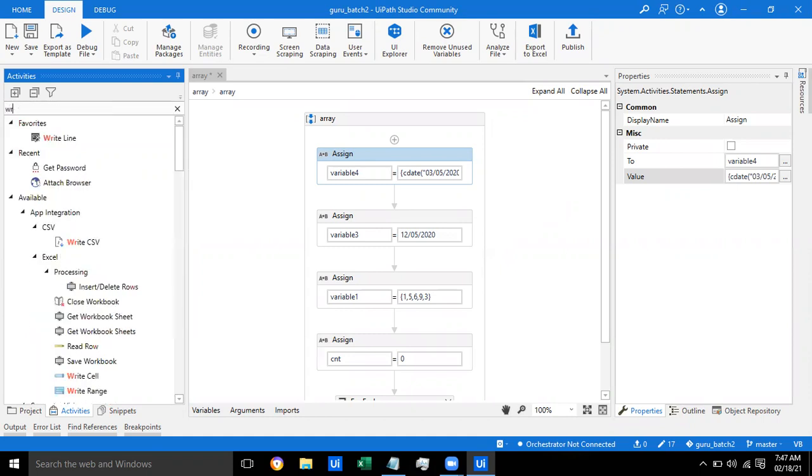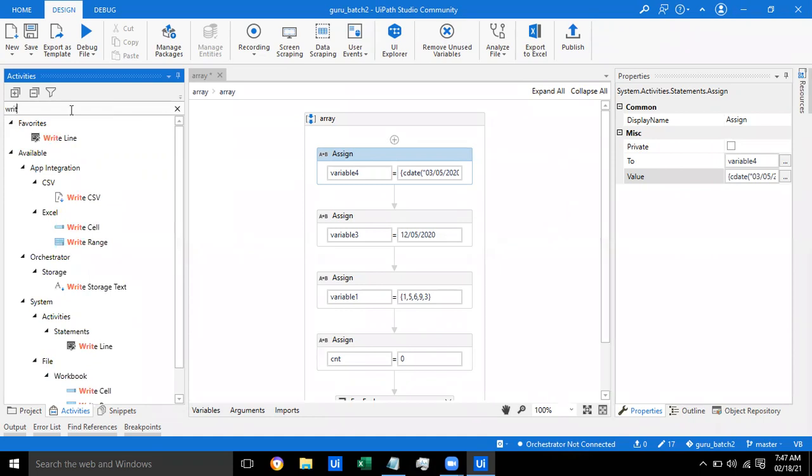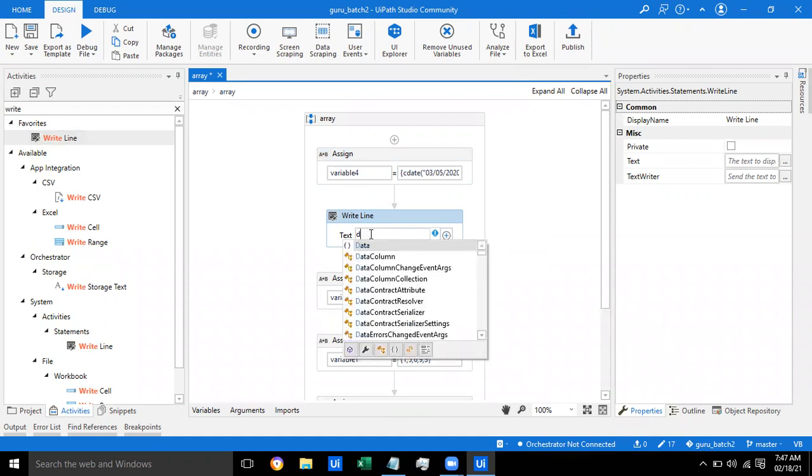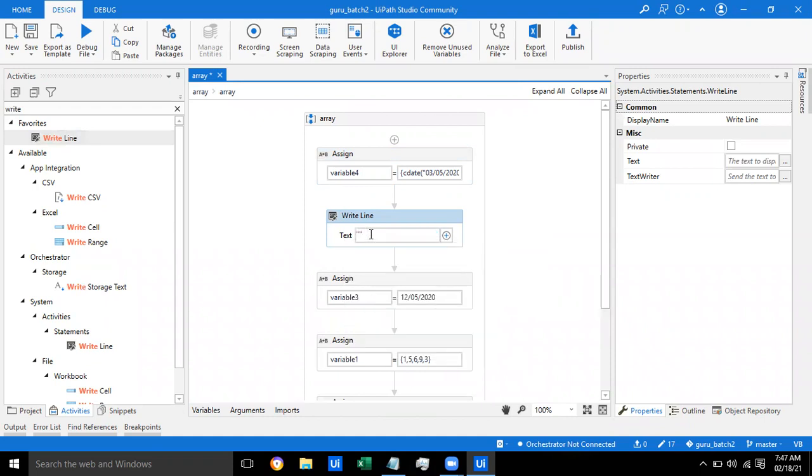Okay, this is what I'm Googling. Variable name dot DayOfWeek dot ToString.